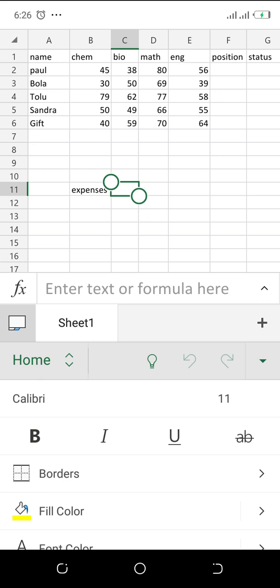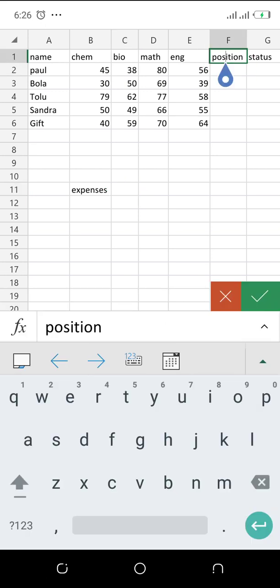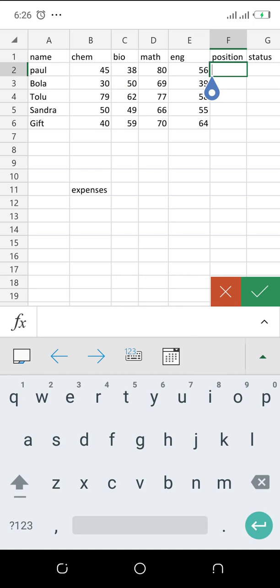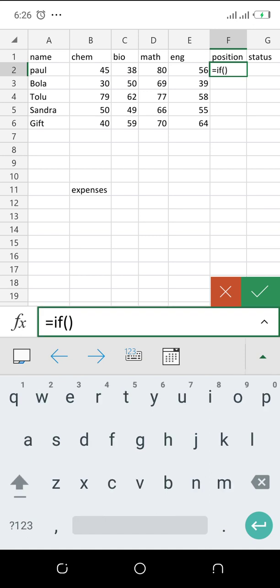Okay. So for position, we use the IF statement. I'll say equal to IF, bracket. That's my formula here. So I will not say... I want to say if the